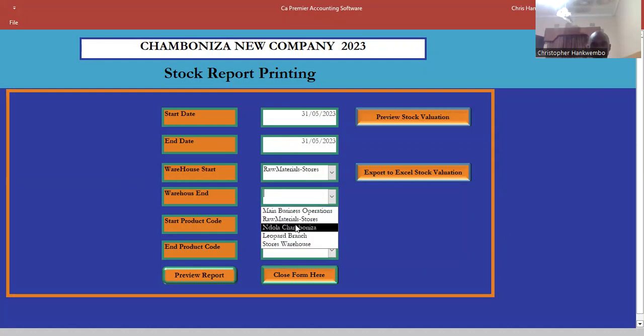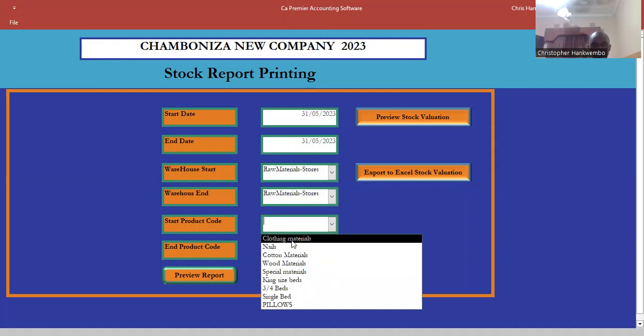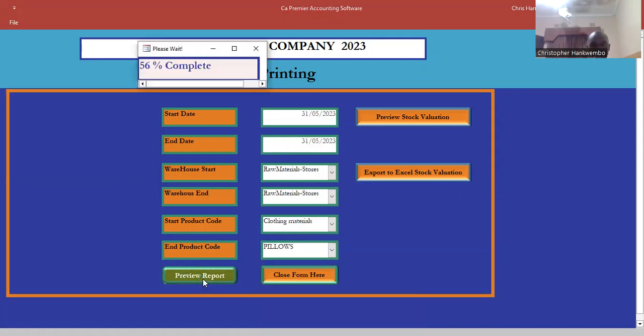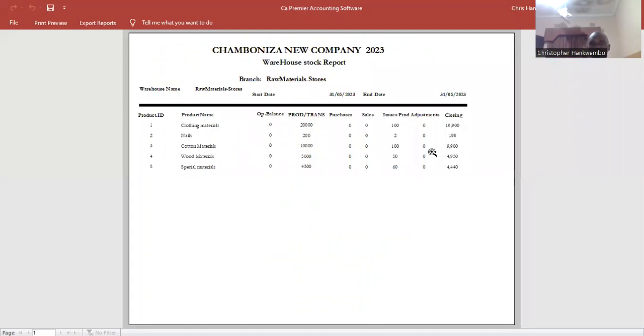I just hope that we can do this quickly. Raw materials. How many are there in the stock? We have these as closing 19,200. So let's order, let's say,